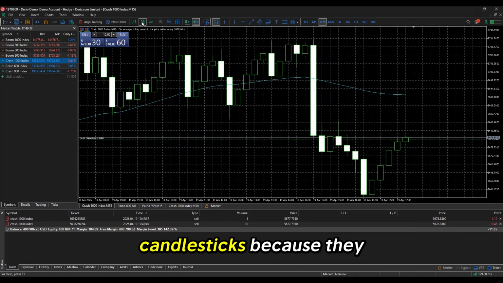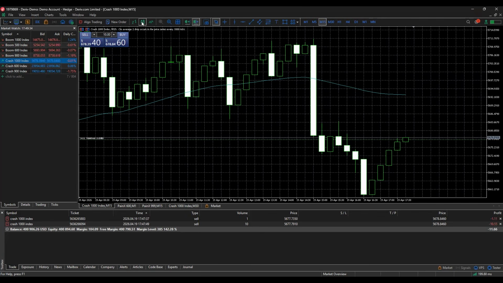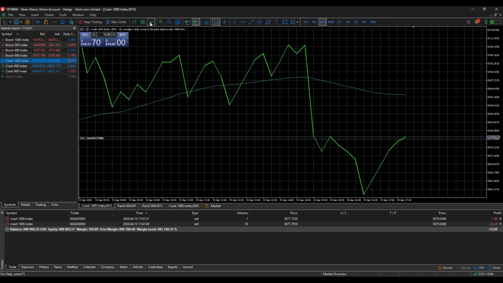And we use candlesticks because they are easy to read. Very easy to read. Especially for beginners like us, at the end of the day, we will quickly understand the concepts more if we use candlesticks rather than the line chart or the bar chart. After candlesticks, the second preference is the line chart. And as the course goes on, I'll show you how to incorporate the two and how to use them.